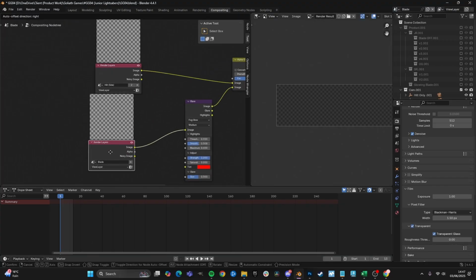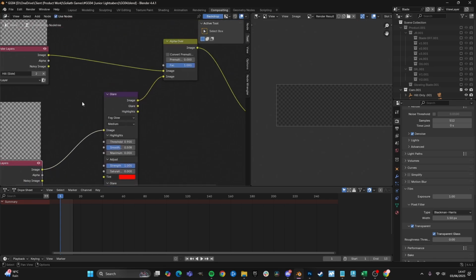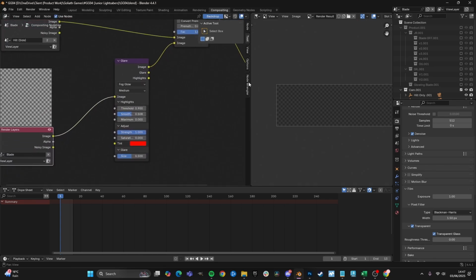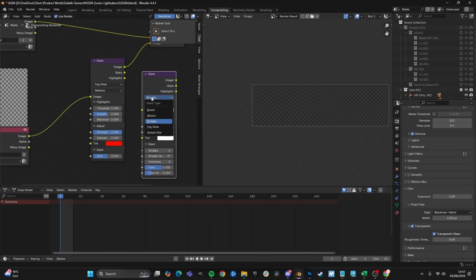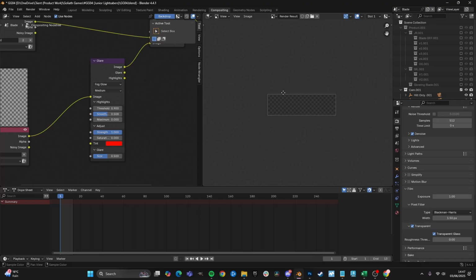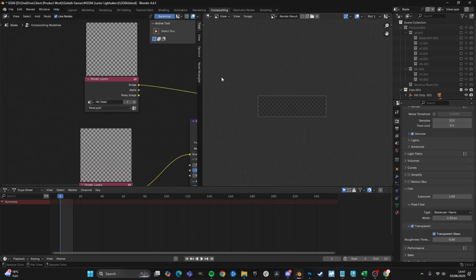And the second one is the blade, and we're going to add the glare within the compositor. You're going to go glare, change it to either fog glow or bloom, and then you're going to mess around with the settings. So if I quickly render